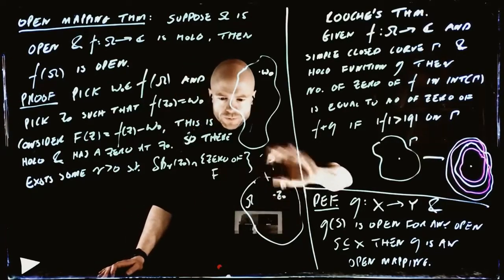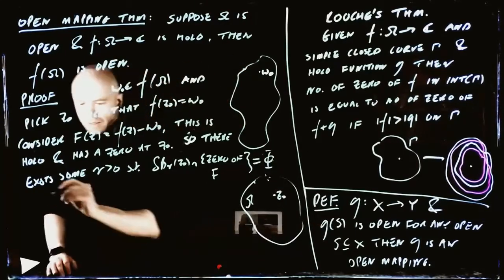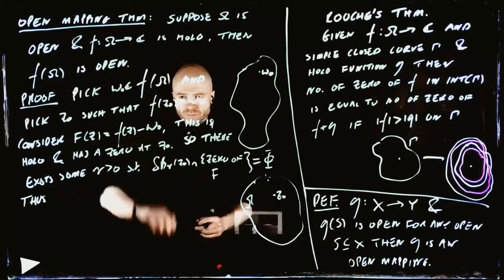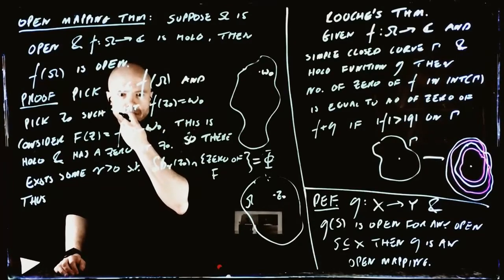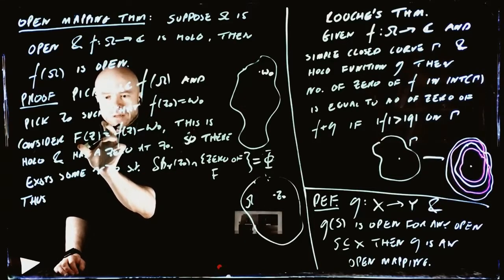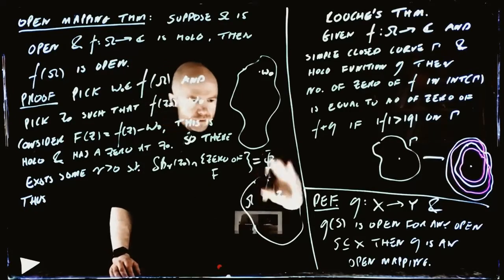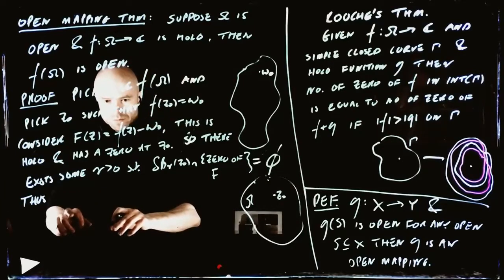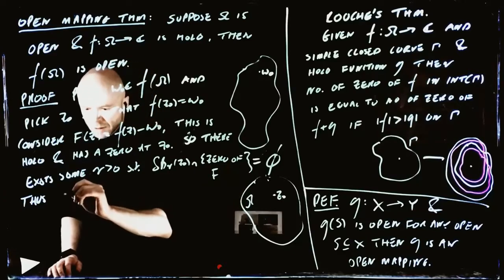And that means that if we take the absolute value of capital F, then the absolute value has to be strictly bigger than 0 on the boundary of the ball. Because if that wasn't true, by compactness we could find a point such that it actually was a 0. Right? So thus